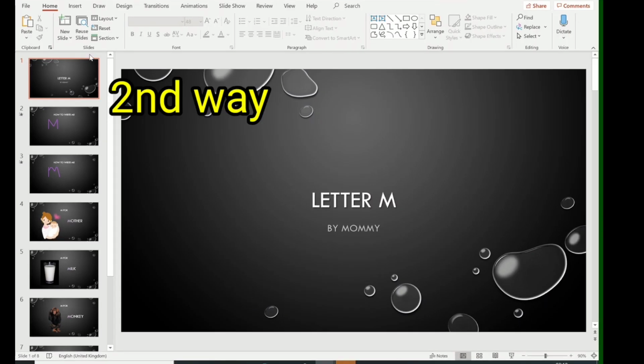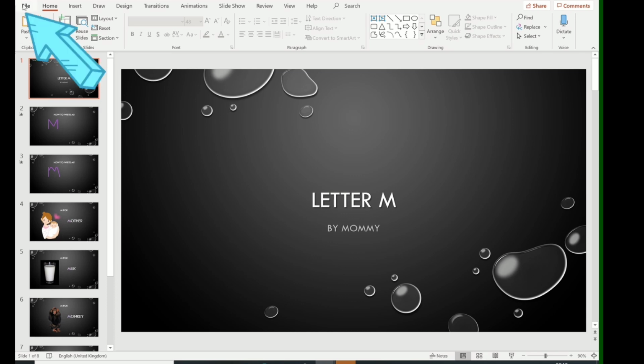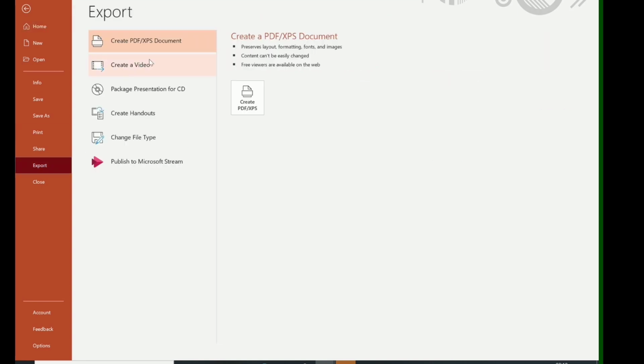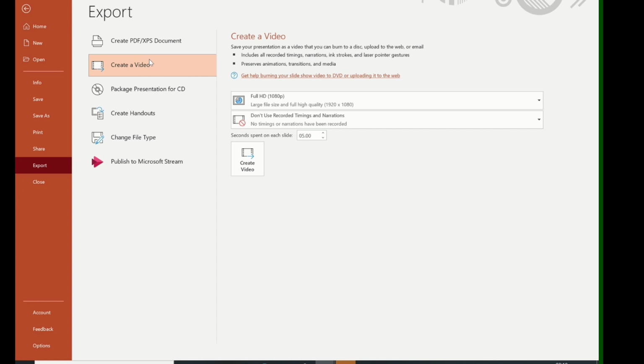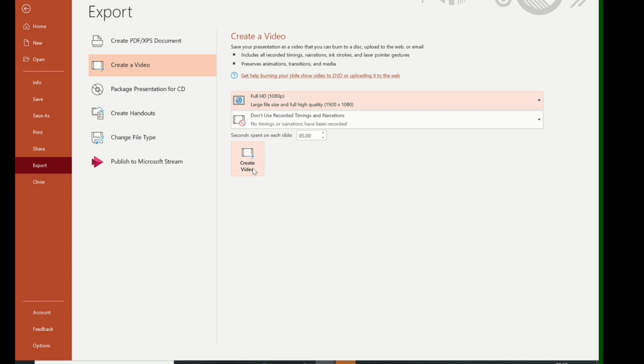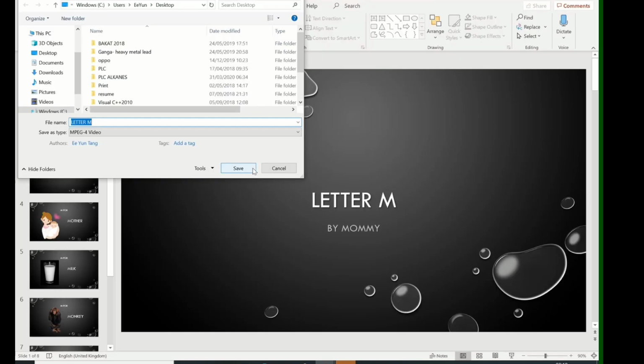The second way to save the PowerPoint slides in MP4 format is by clicking on File, choosing Export, and then clicking on Create a Video. This way you can choose the quality of the video that you want to create. You can choose to save the video in Full HD or even lower quality HD or just the standard quality. For my video, I usually go for Full HD and then click on Create Video